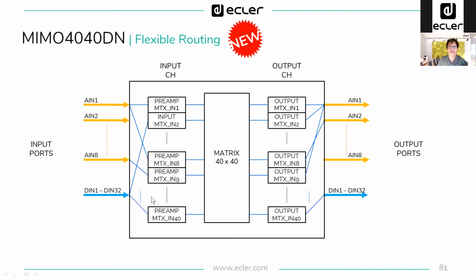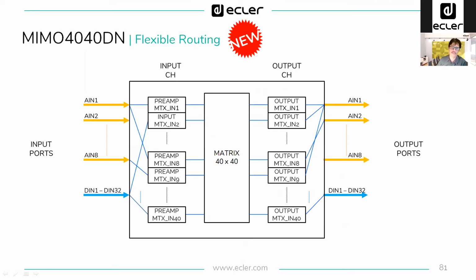And well, as you see, it's totally flexible. And in the outputs, let's say we can send different output signals to the same port, and they will be summed up. So we can send matrix output channel number 1 to analog port number 1, and matrix channel number 8 can be sent to number 1 as well, as you want. Totally flexible. Okay. So this is a new feature for MIMO 4040DN